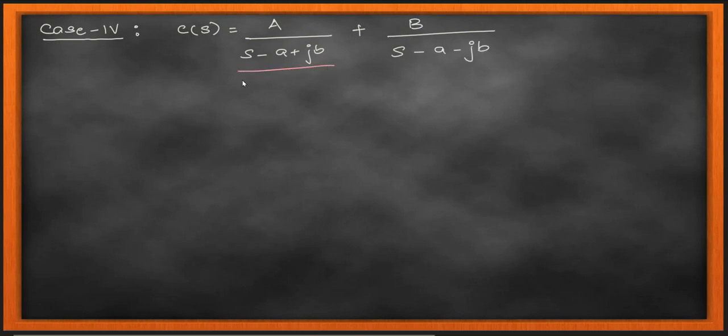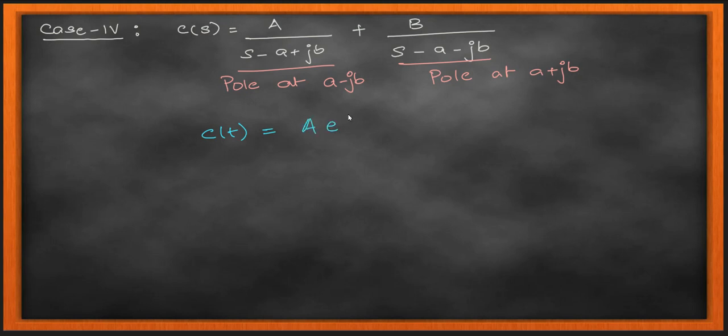Here I am going to have complex poles, and these poles are going to be on the right hand side. So let us see that example also. And now you can guess it before I do this that it's going to be unstable, because it is coming on the right hand side of my S plane. So these are the poles A minus jB and A plus jB, and my c(t) is going to be e to the power of minus (A plus jB)t plus e to the power of minus (A minus jB)t.